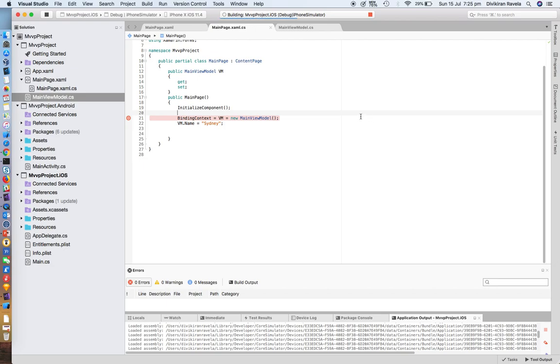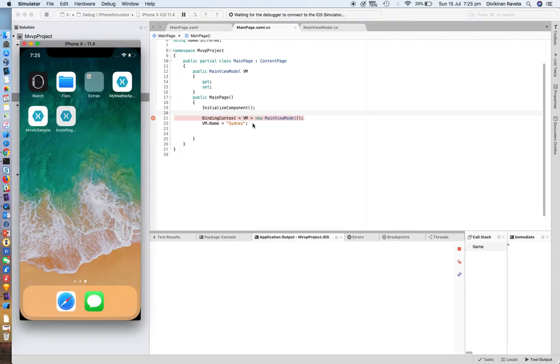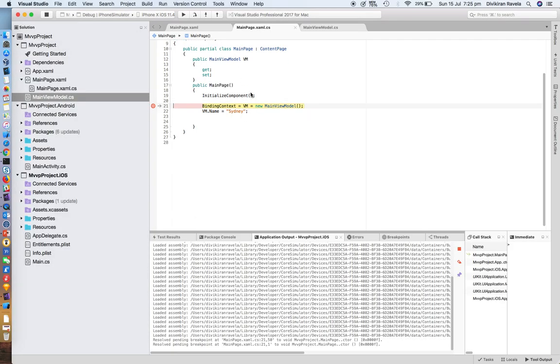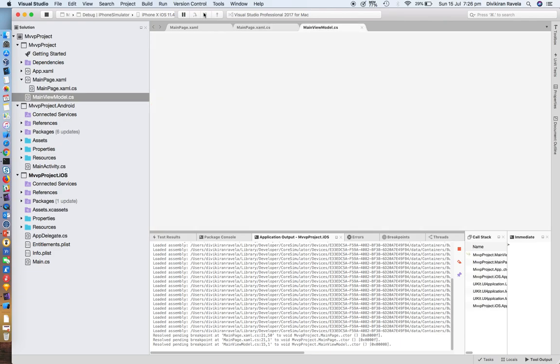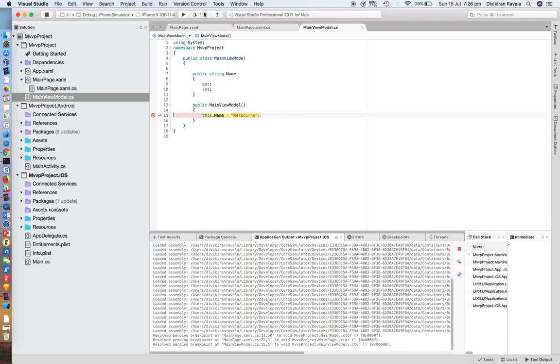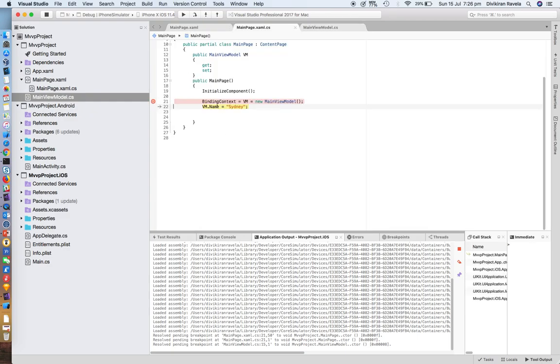Once the constructor of the page is hit, it's going to create a new instance of the view model. If I go into it, it sets the value there, and now it is set to Melbourne. And once we move away from it, you see it's still Melbourne,